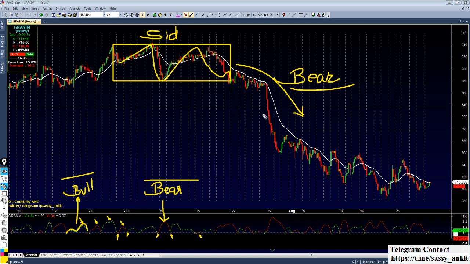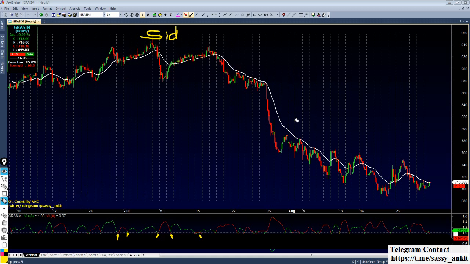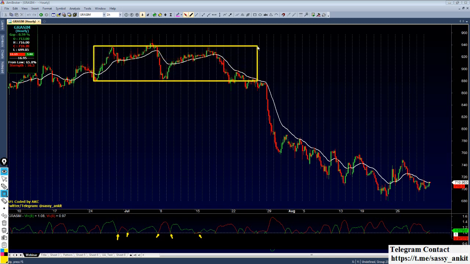Now how do we identify what to expect from the vortex? As we know, this EMA line is our support and resistance. My price is trading in this range. Let me draw the range properly, like this, and here it is giving the breakout. Well before the breakout happens, we can clearly see the price started its trend from here.